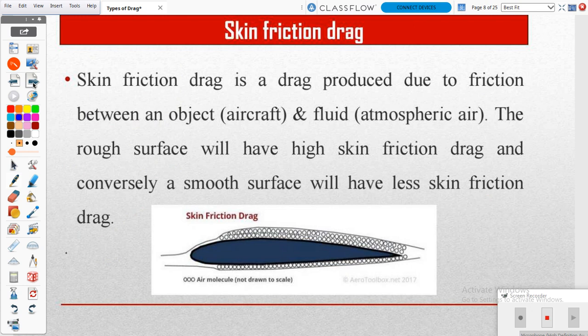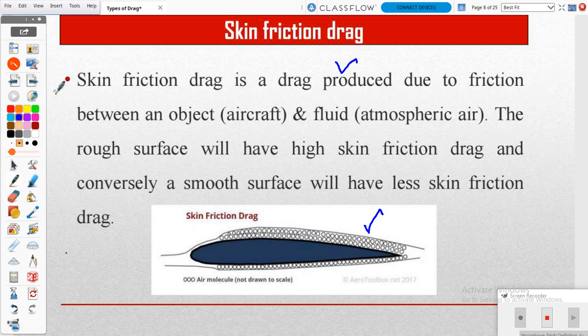Second one is skin friction drag. It is produced based on friction between the aircraft surface and the air, which first interacts with the surface. Based on this interaction, skin friction will be created in the top region. You can see it in this figure. We need to avoid this skin friction.